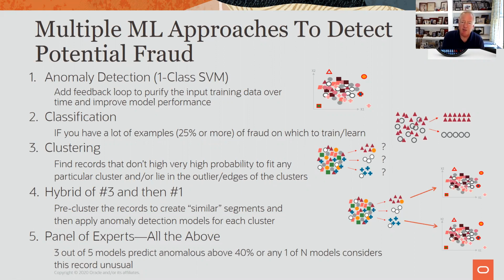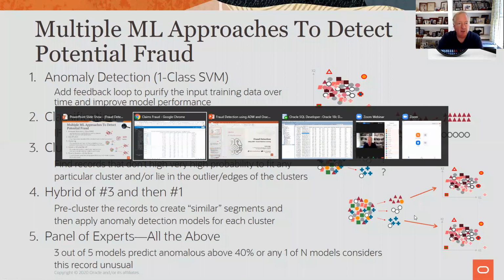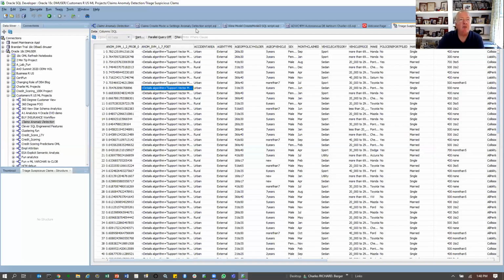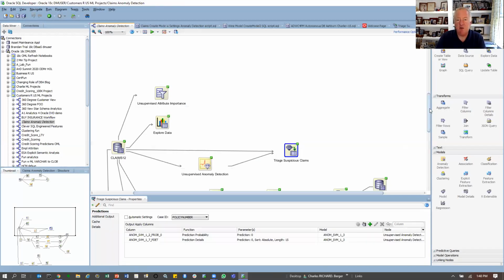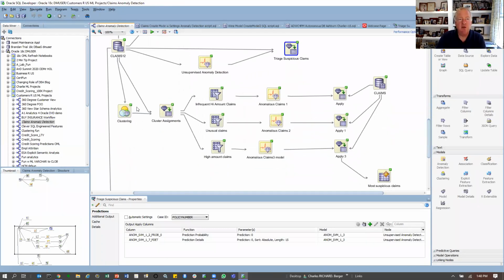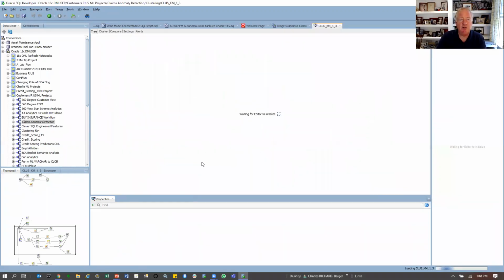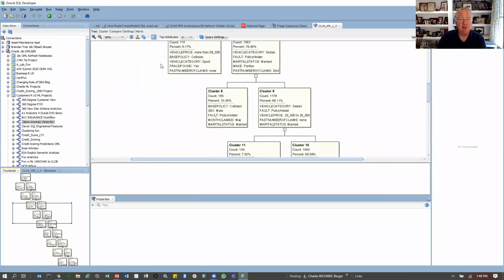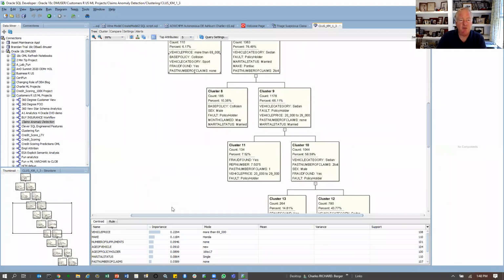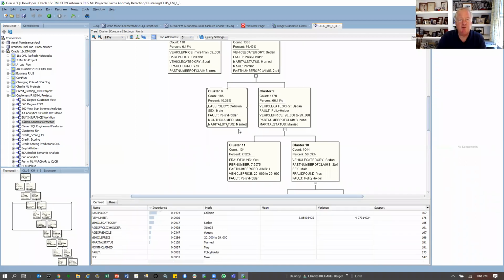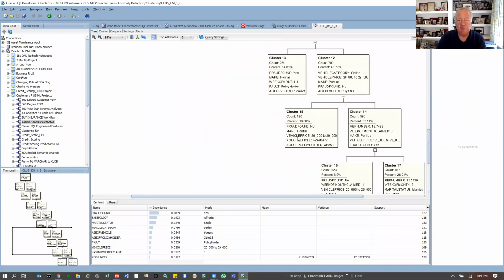Now, I think an even cooler thing, and that's something that's more easily done now that we've moved the algorithms to the database, why not just do step 3 and then step 1 to follow downstream, right? I can just do a script, build this model, and then apply it. And in fact, I think I have that over here. When I go back over to here, a little bit lower in the script, I have that right here. Do clustering, find out what clusters you're a member of, like this k-means clustering over here, and see, okay, here's all the different types of people that I have in my clusters, and there are people with this profile, and people with this profile, and this profile. I have all these different profiles of people. Let me assign you to a cluster, and then